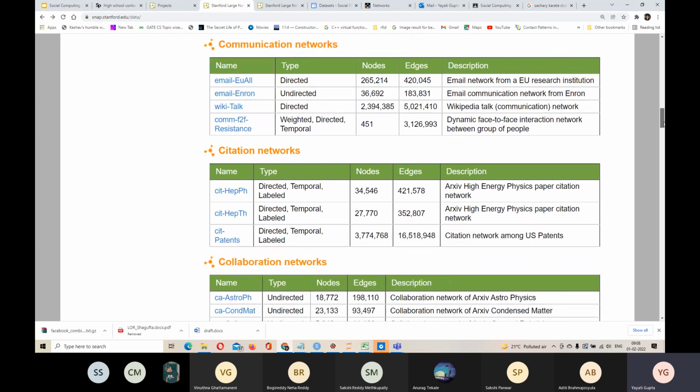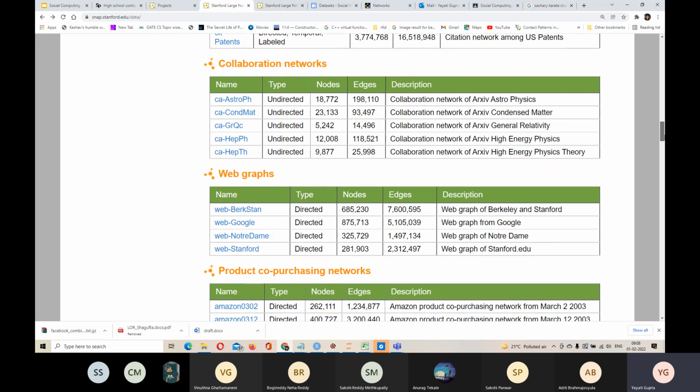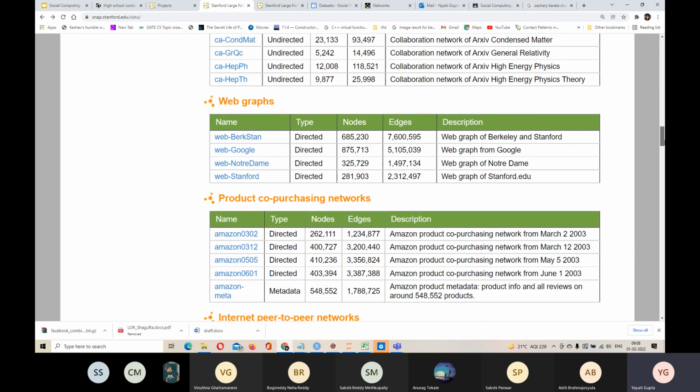Then you have some communication networks, citation network. I hope you remember the video which we saw in the first session, the video by Nature. That was an example of citation network, which paper cites which other paper. Collaboration networks is the network between scientists, the people who have written papers together. So if you write one paper with me during this course, there will be an edge between me and you. We are collaborators.